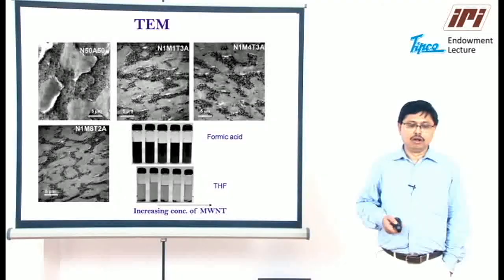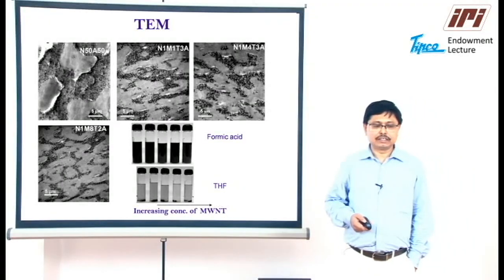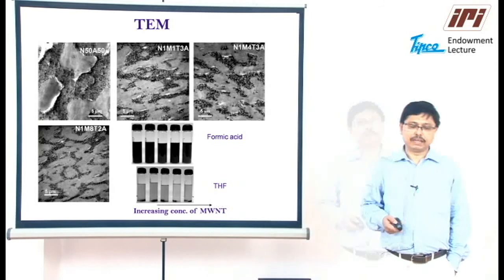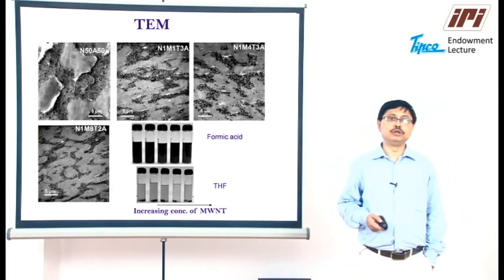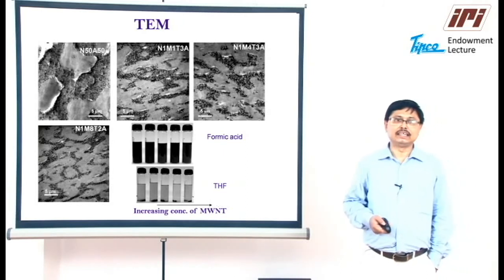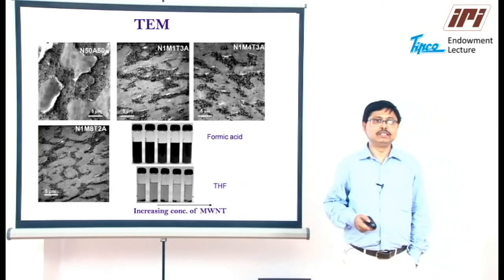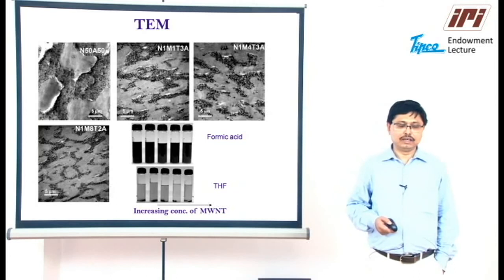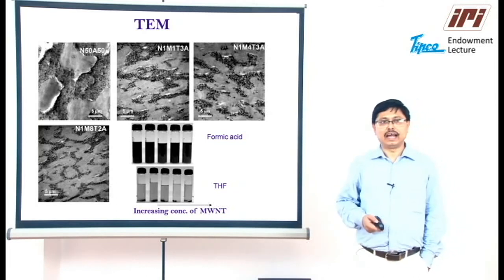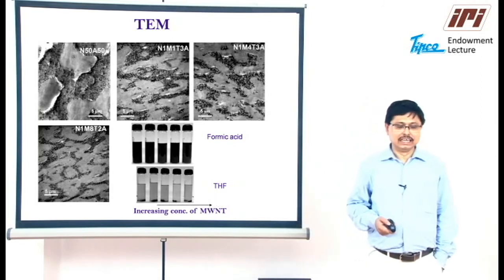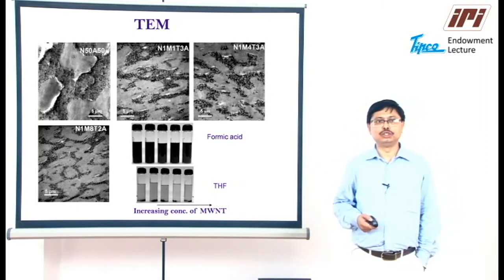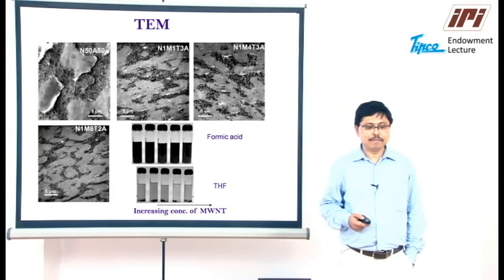We could see the co-continuous structure from transmission electron microscopy as well, and from the solution experiments we could see that the nanotubes are predominantly localized in the polyamide 6 phase, where formic acid, which is a good solvent of polyamide 6, turns the solution black,